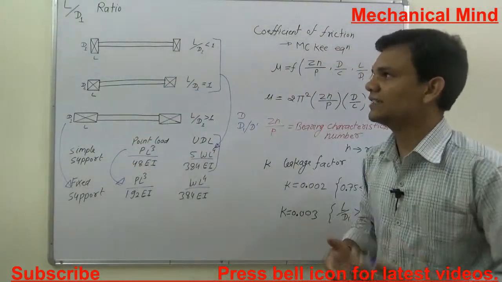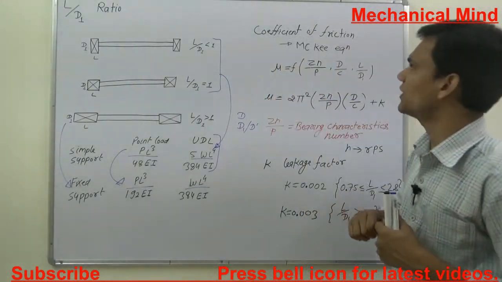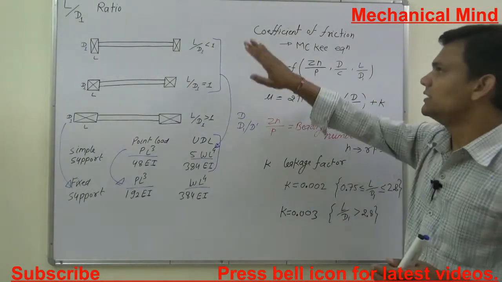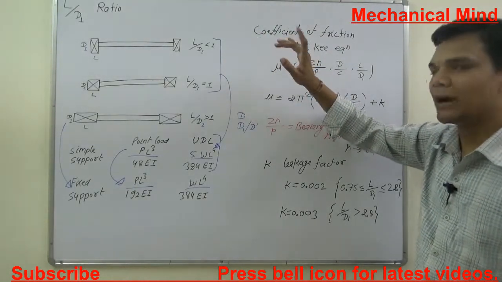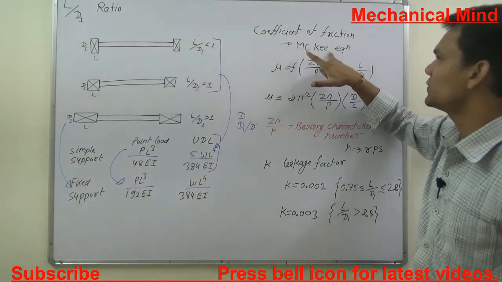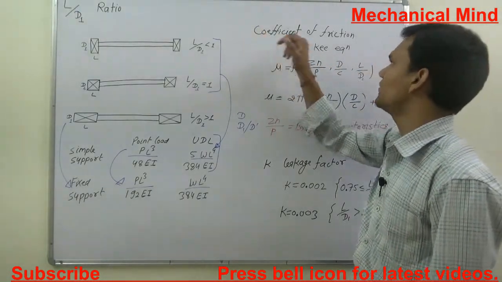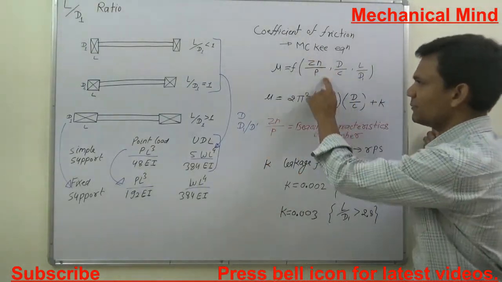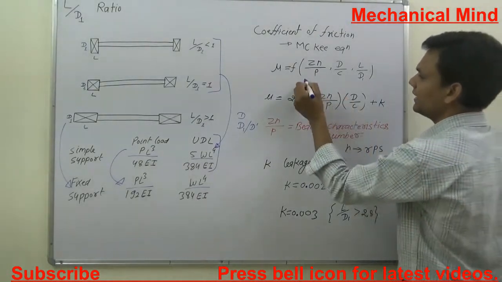So the question is, what is the requirement of the L by D1 ratio? When we calculate the coefficient of friction, which is given by the McKee equation, this equation was developed by the McKee brothers. So by the name of the two brothers, this equation is known as the McKee equation, and from this equation we calculate the coefficient of friction. The coefficient of friction is a function of Zn by P, where Z is the viscosity of the lubricant and